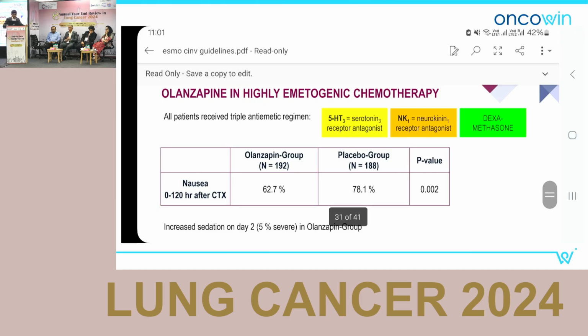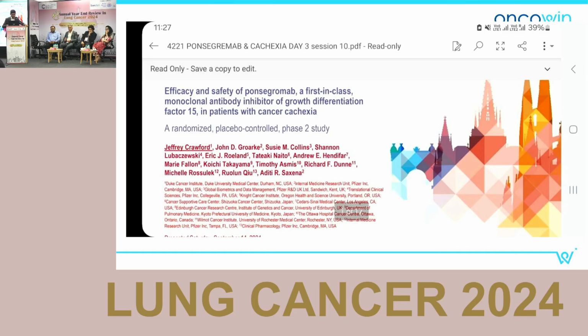And as per guidelines, we tend to add olanzapine to all three drugs because we had a study showing that there is incremental benefit of giving olanzapine in highly emetogenic, this is AC and cisplatin based regimens. So now this is the third abstract